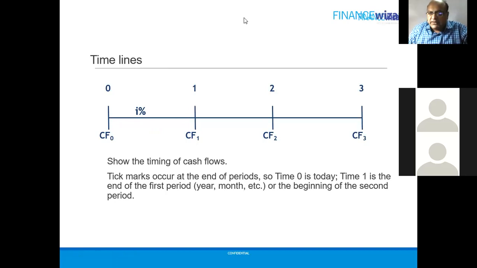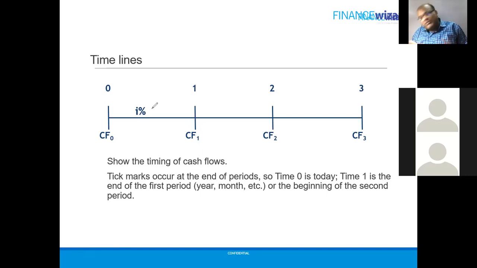Now the first thing that you should keep in mind while we are working on Excel is timelines. Timeline is very important. Why is it very important? Because timelines show you the timing of cash. And while we are working with Excel, we are working with complex cash flows. When you are making a financial plan for a client, you are working with complex cash flows. You will be working with cash flows over a period of months, and you might be working with cash flows over a period of years. So it is important to understand the cash flow.